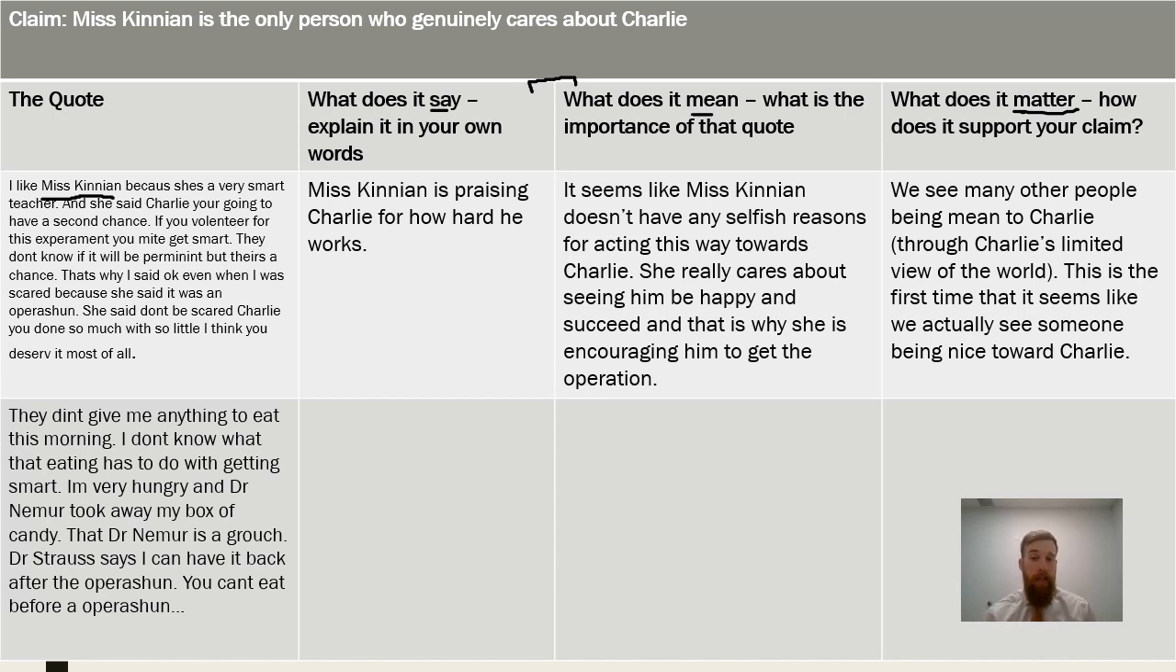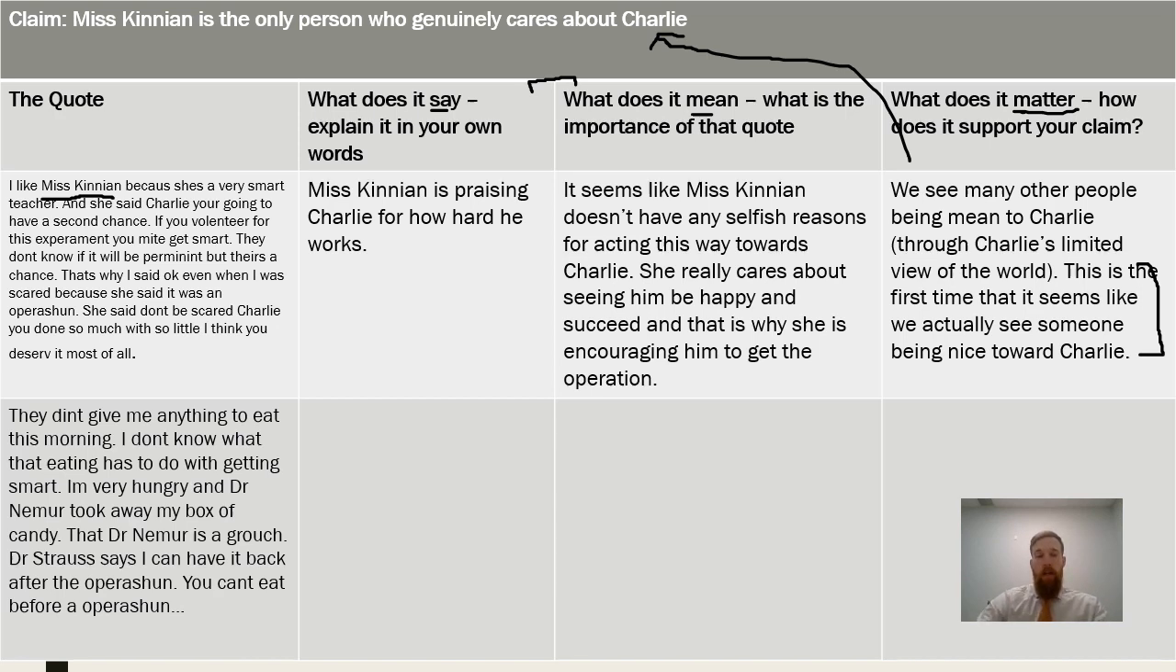I already see some connections to my claim, but I want to make sure that I make the full connection of what I'm saying. So the what does it matter is your connection. And I say, we see many other people being mean to Charlie through Charlie's limited view of the world. This is the first time that it seems like we actually see someone being nice toward Charlie. So this part, describing the niceness toward Charlie in relation to this quote, that's the what does it matter, and how it supports my claim that Miss Kinnian is the only person who genuinely cares about Charlie. So at this point, I think that this is a good quote to use, but again,